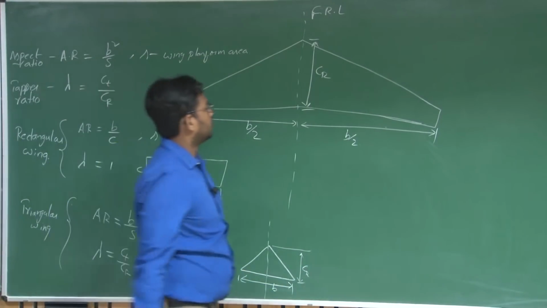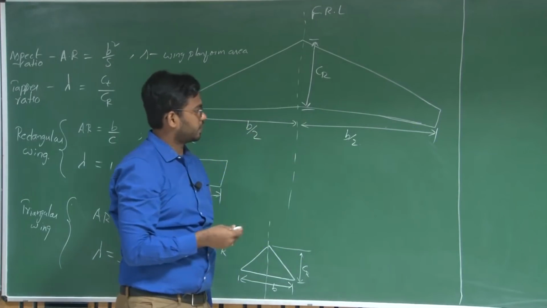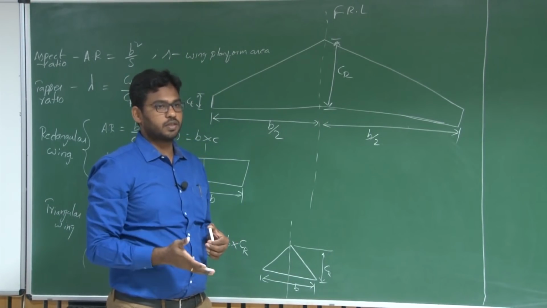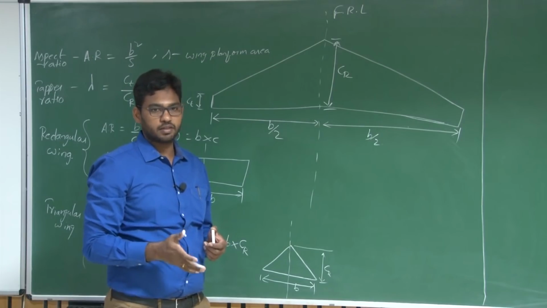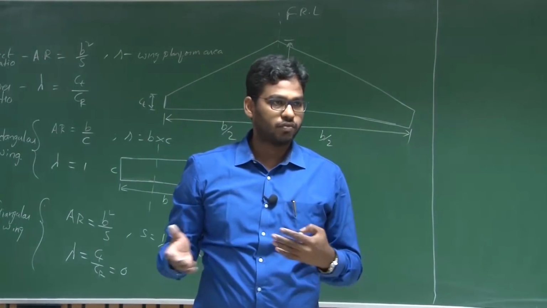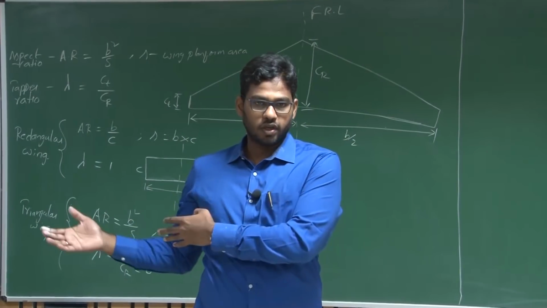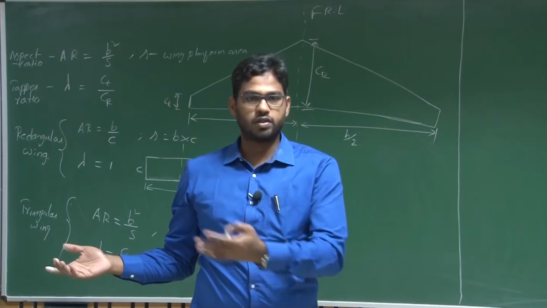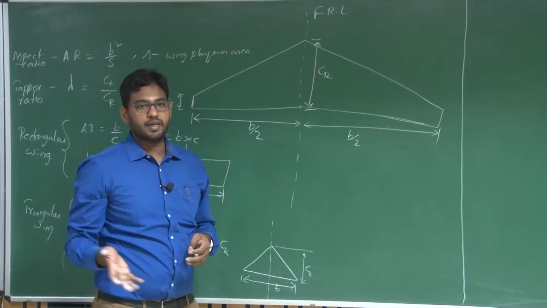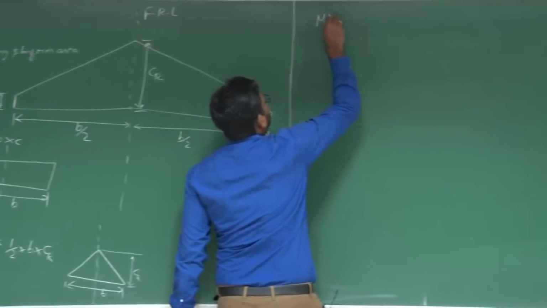Now, the main important thing is, at a later stage, we'll represent the entire wing by means of the mean aerodynamic chord and the aerodynamic center, with the respective forces and moments acting at the aerodynamic center. While performing stability analysis and sizing the wing, and deciding the corresponding tail size if you are designing a conventional aircraft, we represent both wing and tail by means of this mean aerodynamic chord. So how do you find the mean aerodynamic chord?